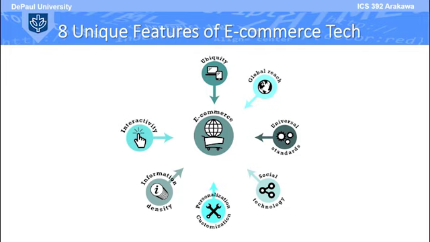Next we have interactivity, and this is just simply the two-way nature of e-commerce. That just means instead of just being a consumer and being passive, as you would be listening to a commercial on television or reading an article, you have the ability to choose what you want. You have the ability to go to